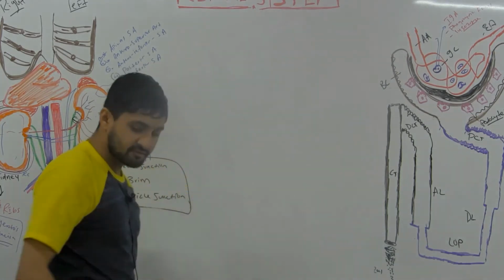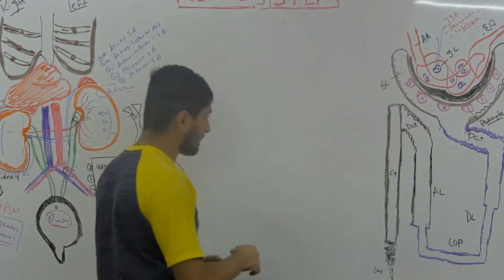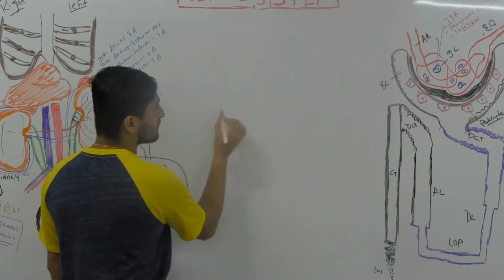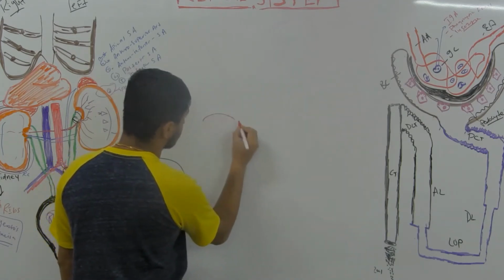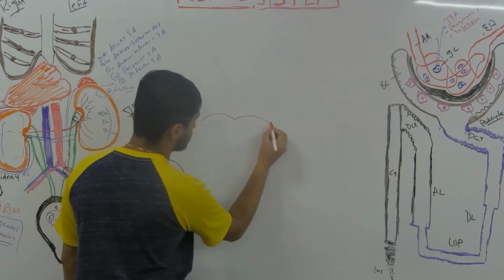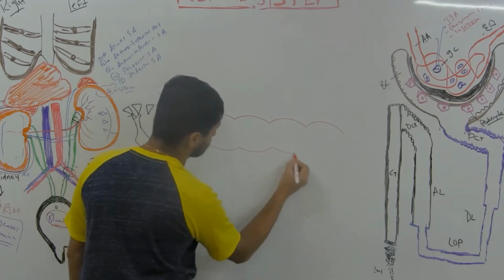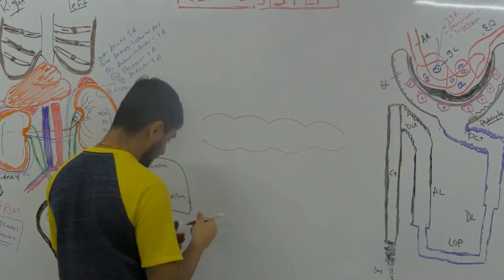Okay, guys, this is very, very important that you have to know. So let's make this efferent arterioles right here. I'm going to draw my capillaries here. Let's make this as capillaries. I'm making endothelial capillaries right here. So basically,